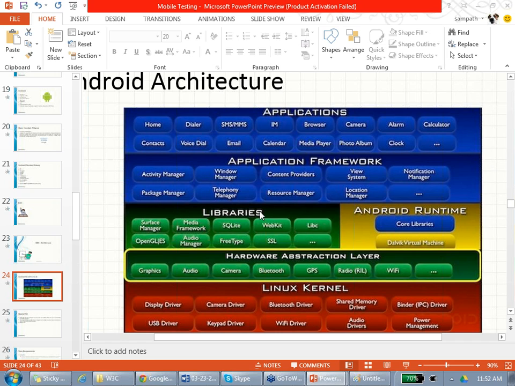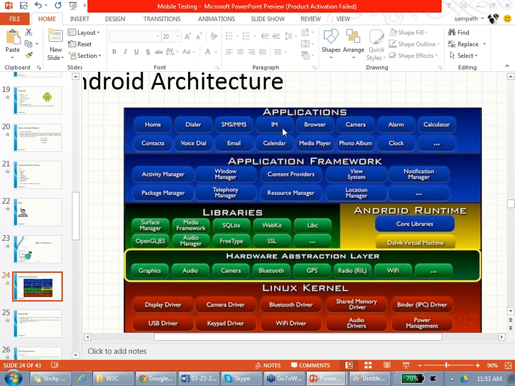So every developer will be using this, and then there will be the application framework. The application framework is nothing but all these libraries given to you in Java for developers. So there is a Linux kernel, there is an abstraction layer, and it puts all these libraries, and these libraries are given by API. Means Java APIs. All the packages of Java are given to developers so that they can use the Java programming language to code Android applications.